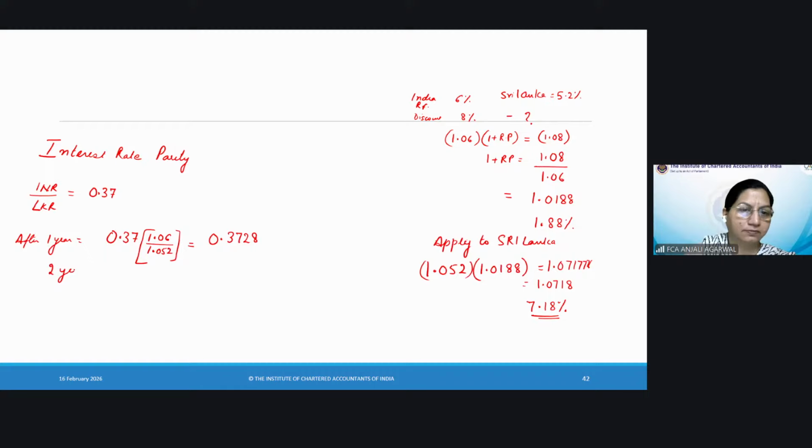After 2 years, 0.3728 into 1.06 upon 1.052. You will have to round off your calculations till 4 decimals and you will mention it again and again. So you cannot continue to use your calculators in same figures. You will have to type them again because you are going to round off till 4 decimals. 0.3756 third year. So you'll create a table for calculation of forward rates